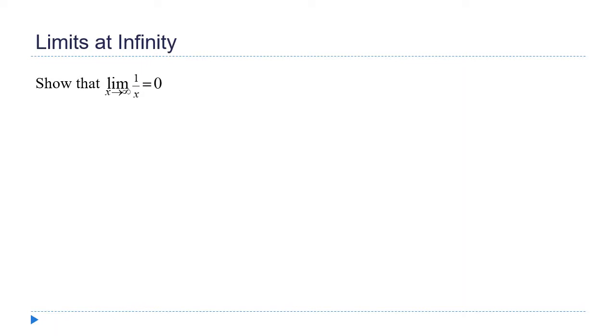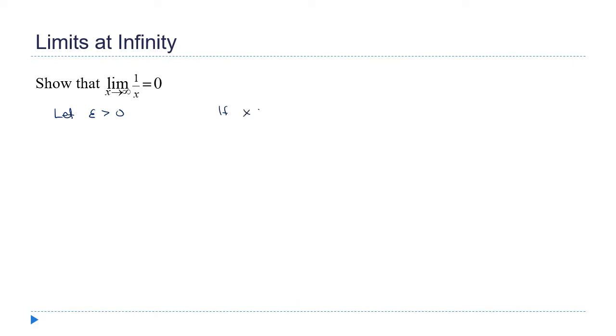Okay, so I want to show that this limit is true. The limit as x approaches infinity of 1 over x equals 0. And this is going to be a really important limit. Practically everything we do for the rest of this section is going to somehow be playing off of this thing. Okay, so I'm going to want to use my definition, right? And my definition says that if I let epsilon be greater than 0, you get to pick the epsilon, I have to be able to find an m such that